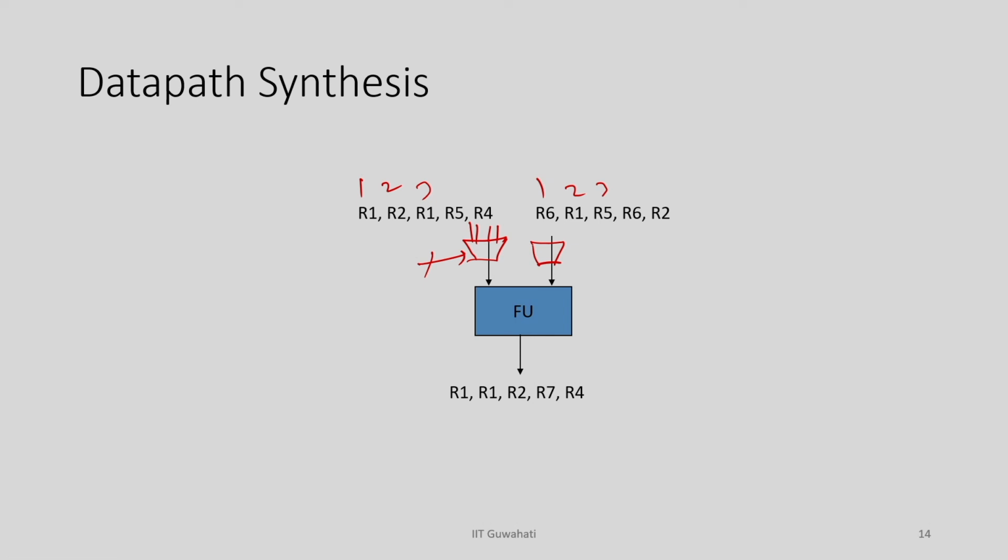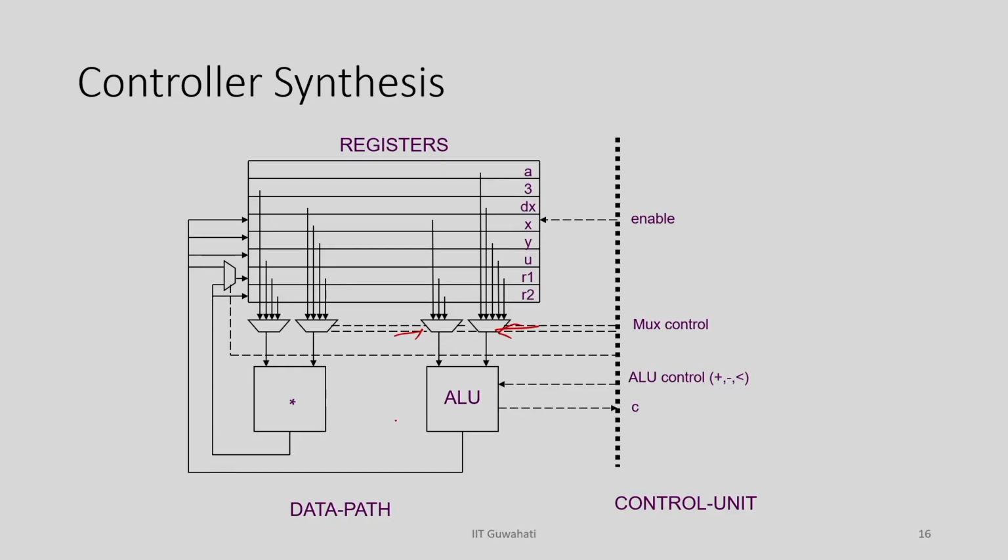So, for an FU you identify what the possible values coming to it are, you make the connections, and you also add proper control signals, so that in that particular control state you give that particular value, so that R1 should come, right. This is the data path and controller generation. Once the data path connections are done, you identify what control signals you need for FUs, ALUs, muxes, and register inputs. Everywhere there are control signals and you have to control the data, right. So, you have say 10 registers, but not all 10 registers get updated in a clock. Only say 3 of them get updated in a clock.